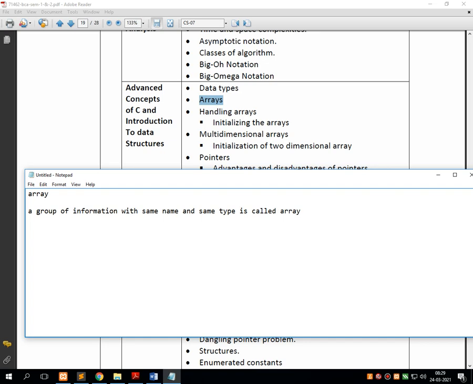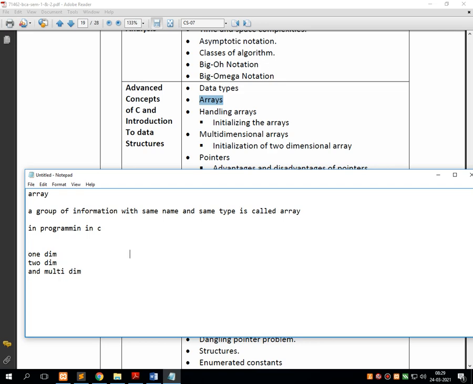A group of information with the same name and same type is called an array. In programming in C, there are three types of array: one dimensional, two dimensional, and multi-dimensional.